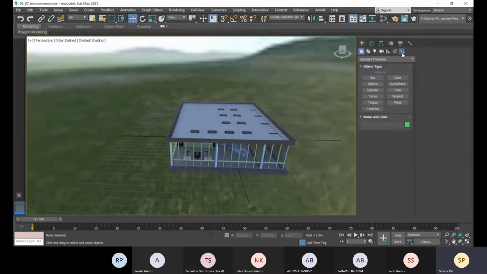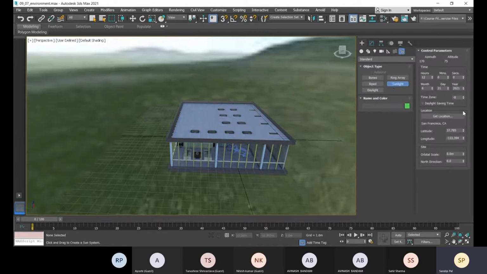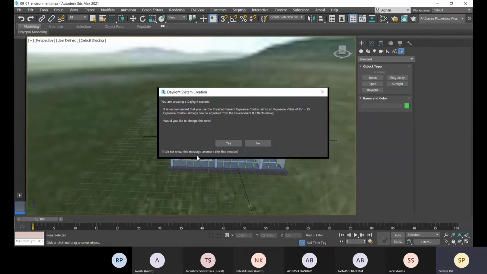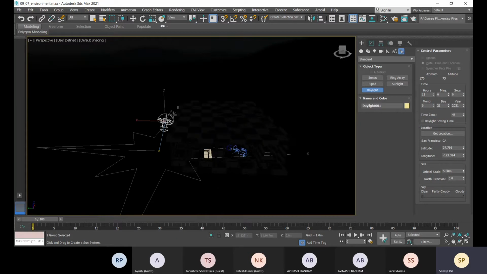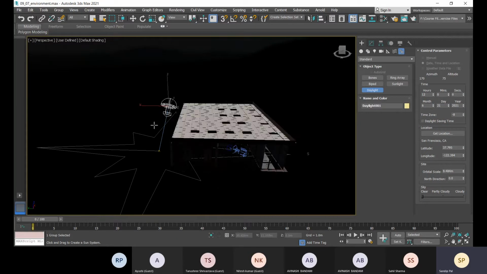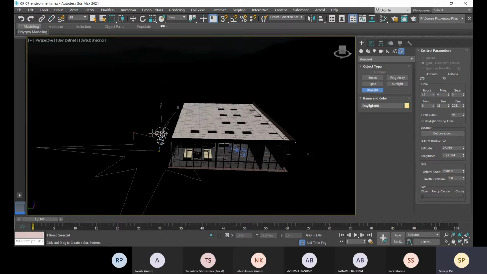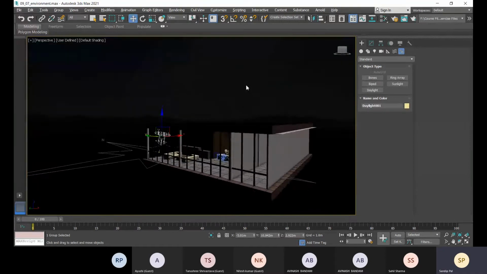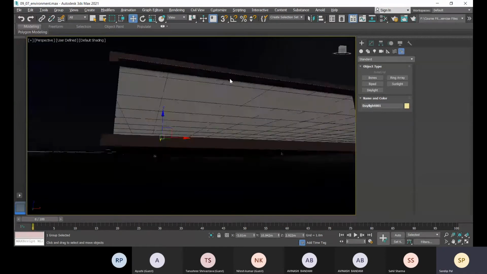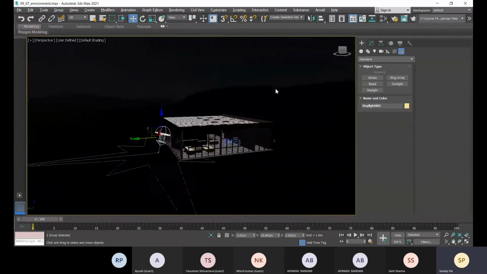So you all know we have this sunlight option available, and this daylight option available. So we will specify daylight system. You can set one and see according to that. You can have also light. Okay, right. See the background is still there, and according to that light.